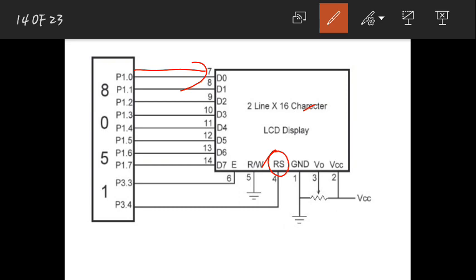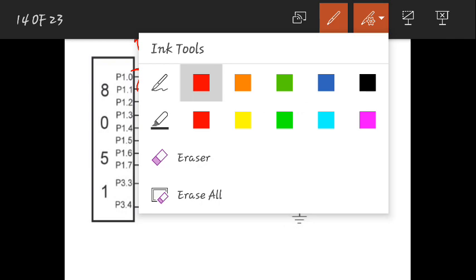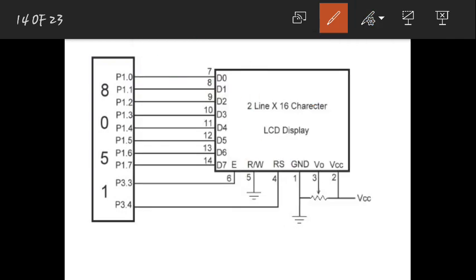If I select data, then whatever I send on this bus will be data sent to the LCD. And by selecting 0 or 1 here, if I select write, I am writing onto the LCD; if I select read, it is reading from the LCD. After doing all this, for everything you should give a high to low transition. Only then will this data bus latch onto the LCD.